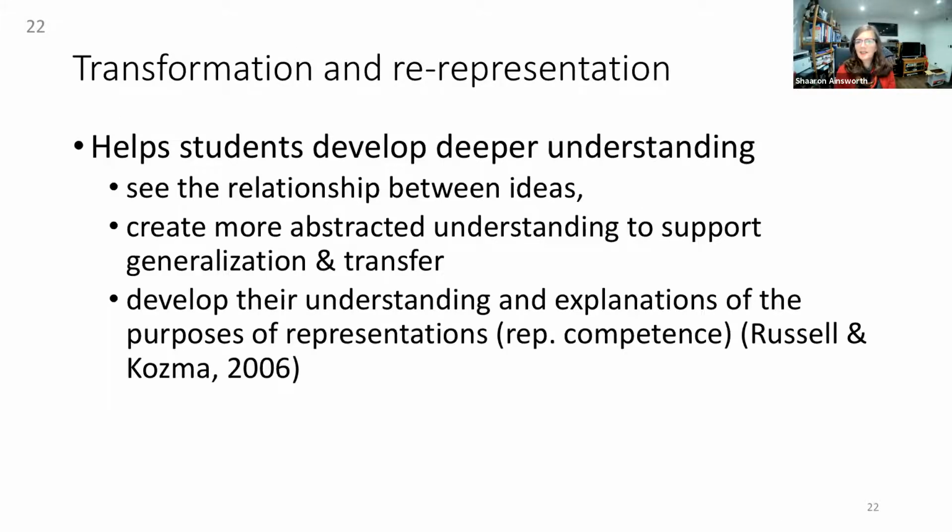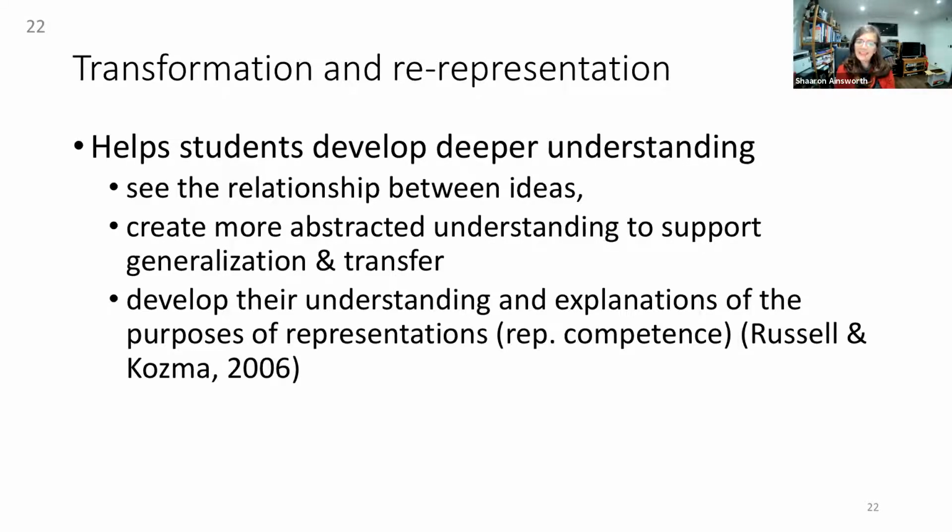And finally, when we're thinking about this, why is this so central then to so many practices? Well, I think it allows us to deepen our understanding, to see relationships between ideas. We know that when we construct multiple representations for ourselves, it helps to develop an abstracted understanding, and abstraction can then support generalization and transfer. And actually, certainly in lots of your disciplines, and certainly lots of the ones that I study,